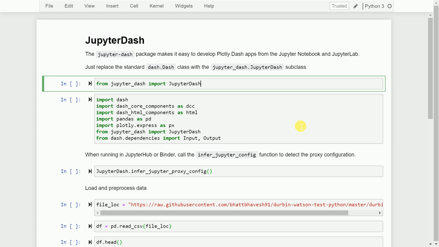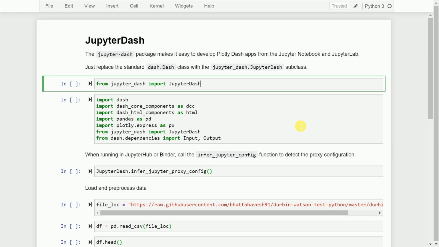But as of May 2020, you don't have to do it any further going forward. So now the question comes in, is there proper integration with Jupyter and Plotly Dash apps? And the answer is yes. In comes Jupyter Dash, which gives you a seamless integration of Plotly Dash applications, which are dynamic in nature, with Jupyter Notebook or Jupyter Lab.